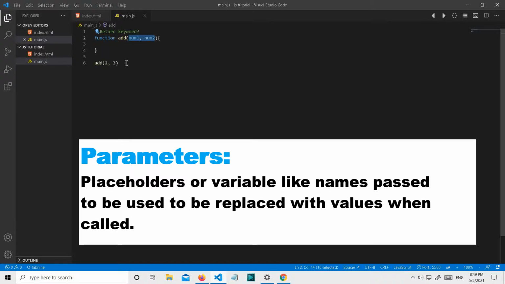Whenever we call the function, we have to give some values to the parameters, the first value and then the second value accordingly, and then the function will execute whatever code is assigned inside it.